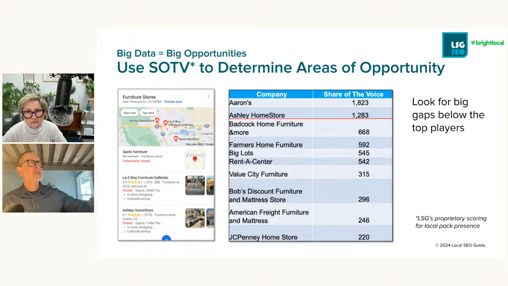And what you can see is these top two stores have a massive amount, like a big gap between them and the rest in terms of share of the voice across all these markets. What this told us was our client actually had a big opportunity here because most of the players are relatively weak. So this is a mathematical way to go, okay, let's go after furniture and maybe not video games, because video games is super crowded.